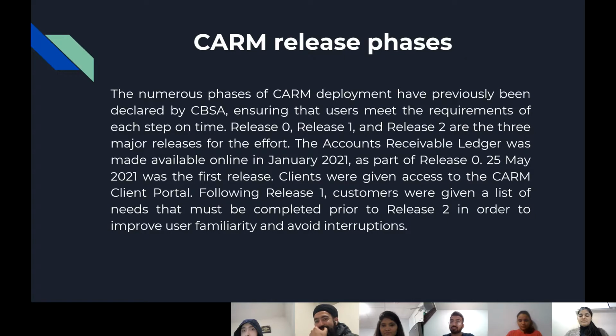The initiative is set to be implemented in three major releases: release 0, release 1 and release 2. Release 0 was implemented in January 2021 by introducing the accounts receivable loader online. Release 1 occurred in May 2021 and it entailed the introduction of the CARM client portal for access by clients.